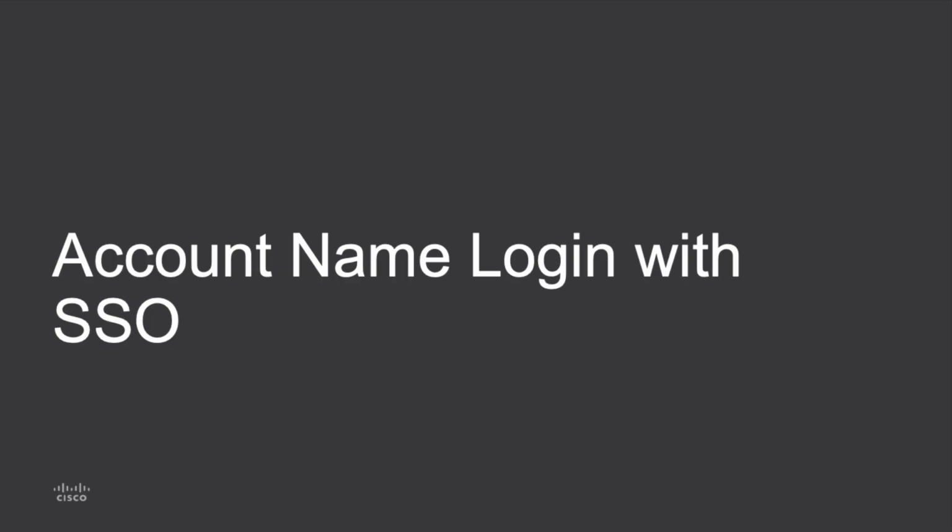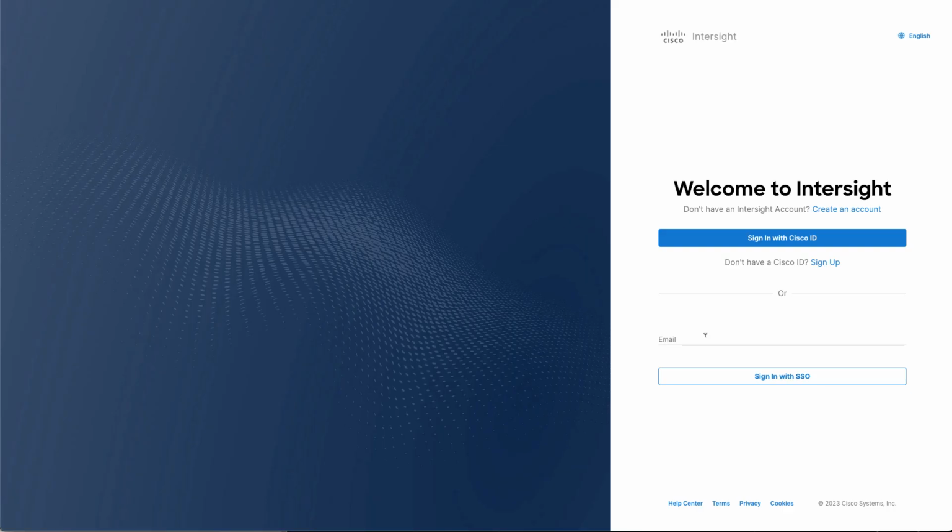Okay, with all that setup complete, I'm now ready to actually log in using that additional domain name that'll tie me back to that EMEA organization. So from the intersight.com, and one thing here is I'm logging in with this named account. So this is tme-production.intersight.com. As I was warned during domain name setup, I'm going to be blocked from intersight.com login. With that account name in the URL, I can provide my username at